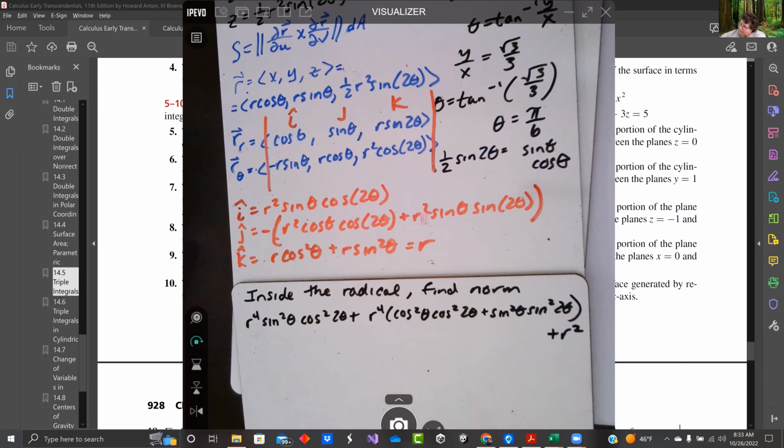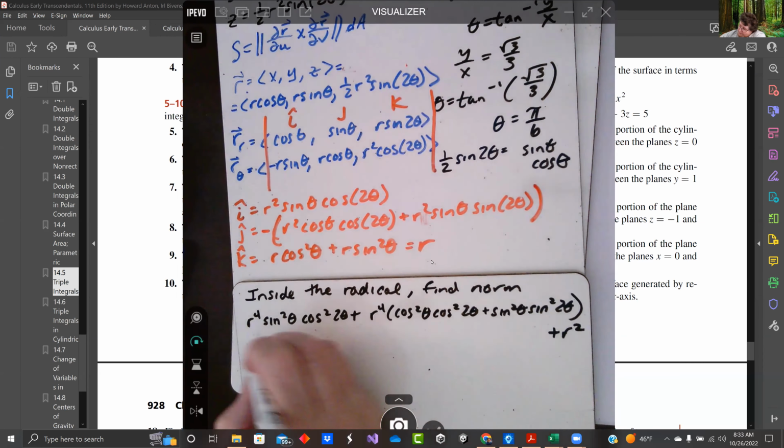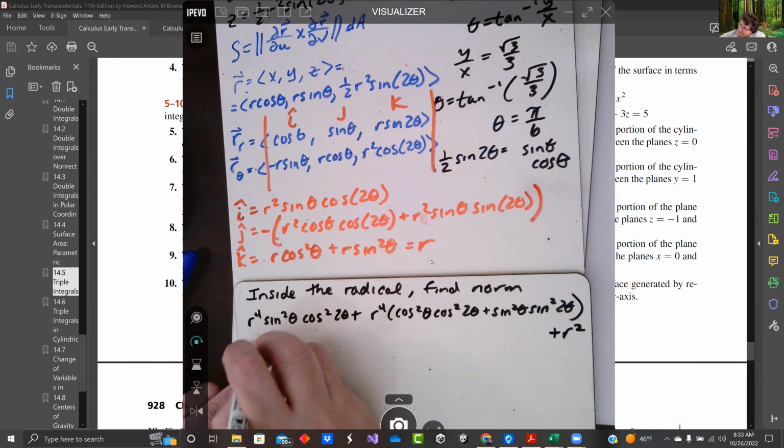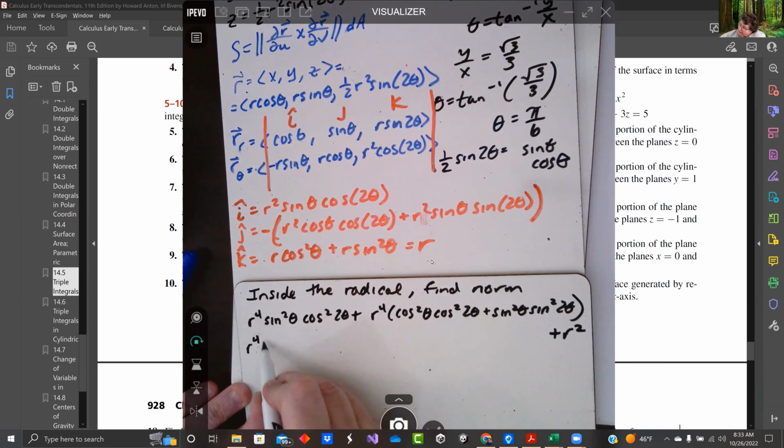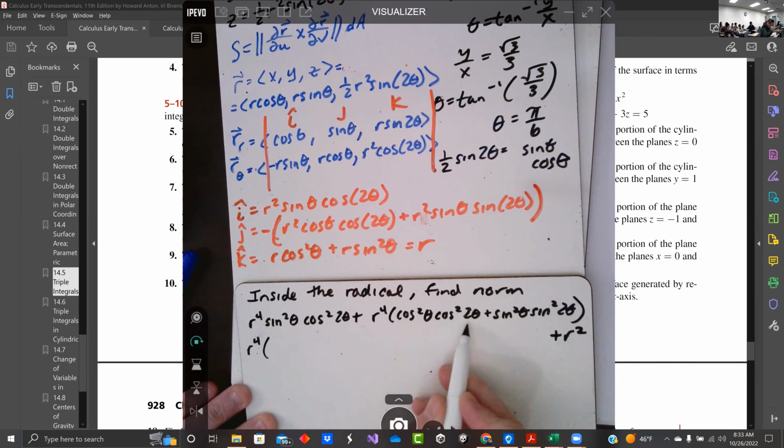All right, hopefully this cleans up. I see some cosine squared 2 thetas. Let's try to group that together, see what we get. So if I do the cosine squared thetas together,